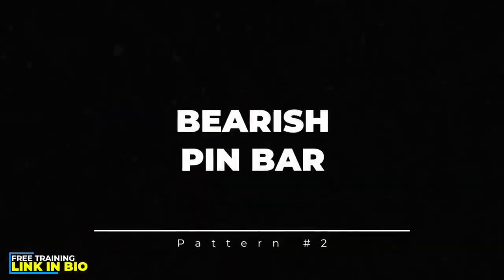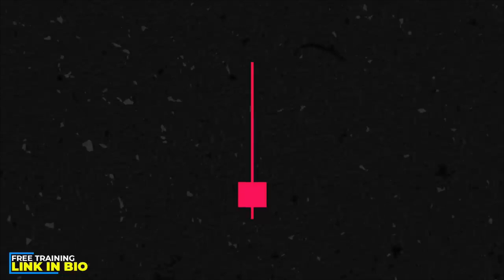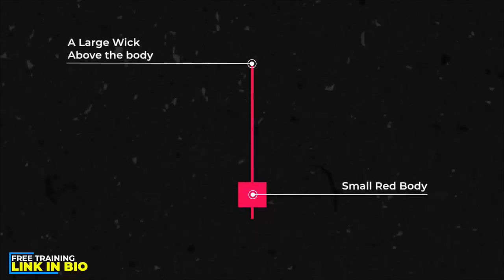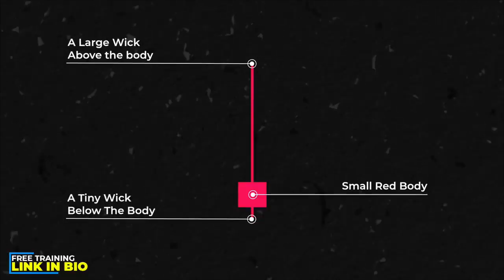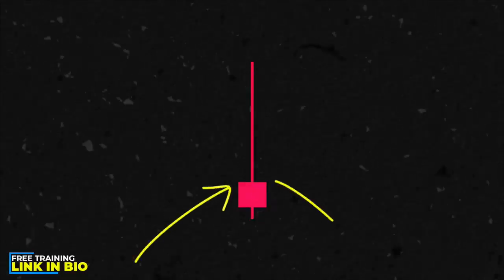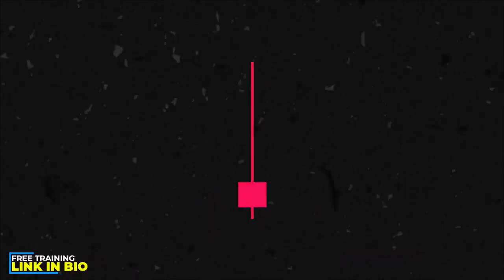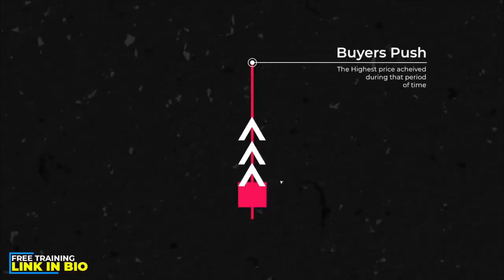Pattern number 2. Bearish pin bar. The bearish pin bar is just the opposite of the bullish pin bar. It is a red candle with a small body, a large wick above the body, and a tiny or no wick below the body. It indicates a reversal to the downside. The psychology behind the pattern is very simple. The price opened here, and the buyers started to move the markets